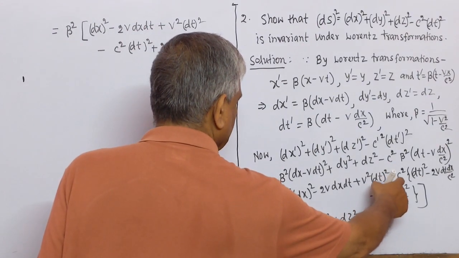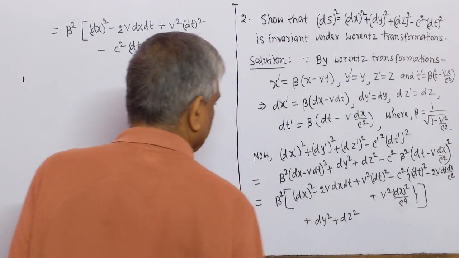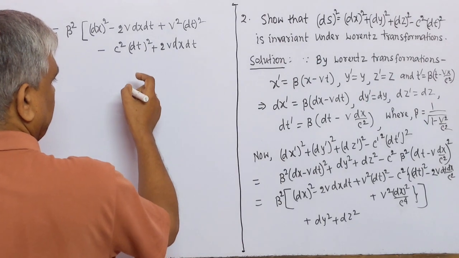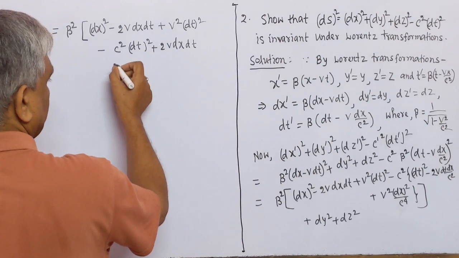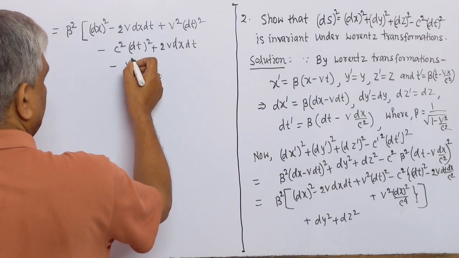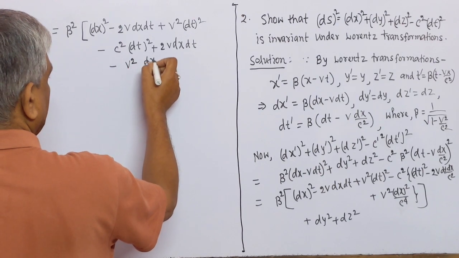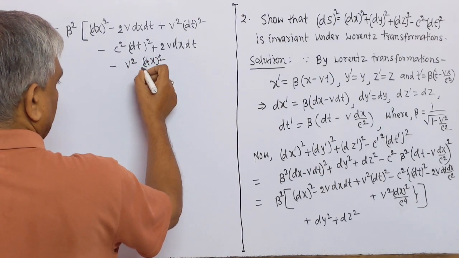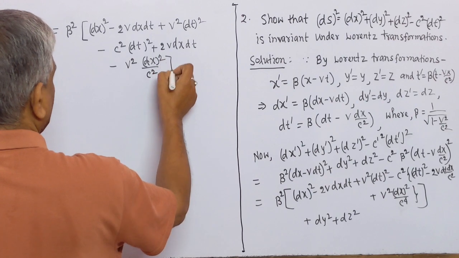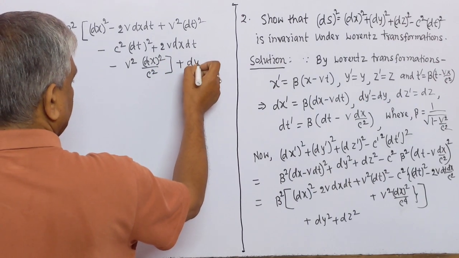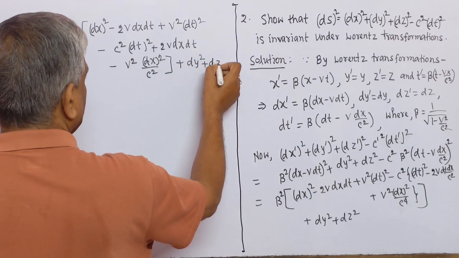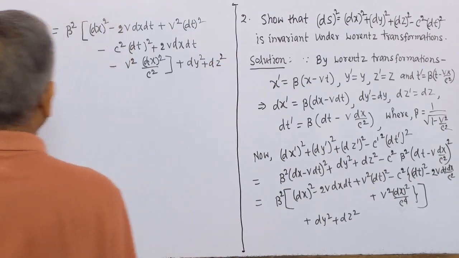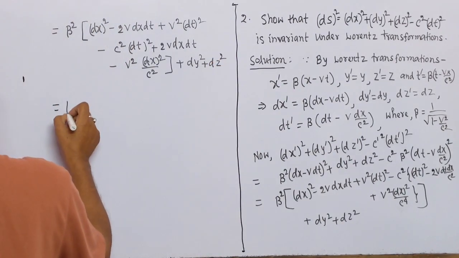Here minus c square, here c to the power 4, so remains minus v square dx square by c square, plus dy square plus dz square, and this will be equal to beta